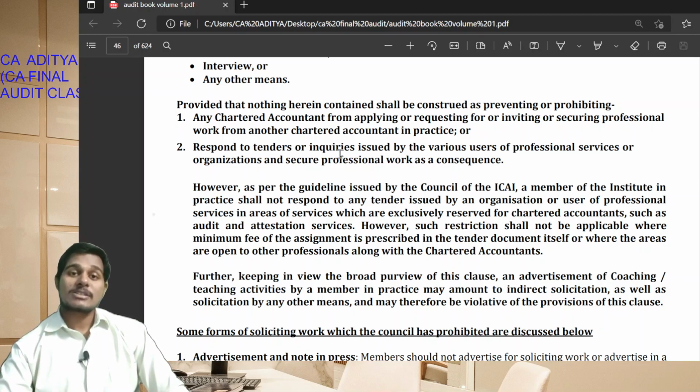If a tender or invitation for professional services is exclusive to chartered accountants, then in such case minimum fees shall be prescribed in the tender or inquiry for the professional services to be done by the chartered accountant. If minimum fees is not prescribed and the chartered accountant has entered into such a tender or inquiry issued for doing professional services exclusively by chartered accountants, then he will be guilty of professional misconduct. Okay students,